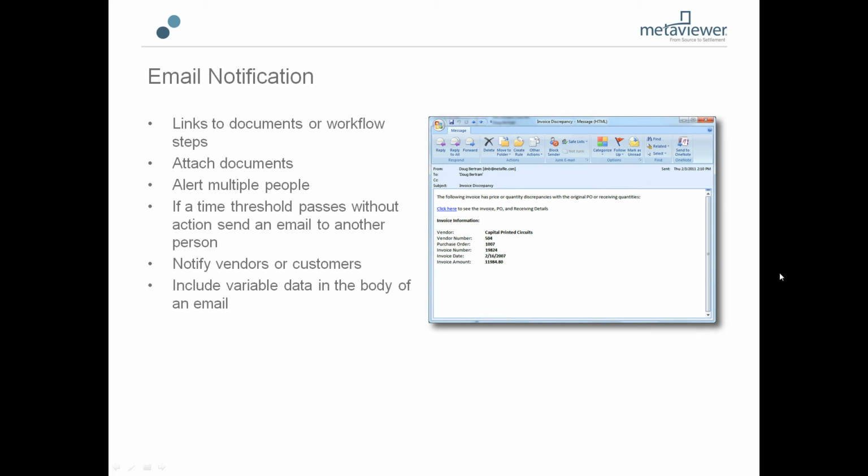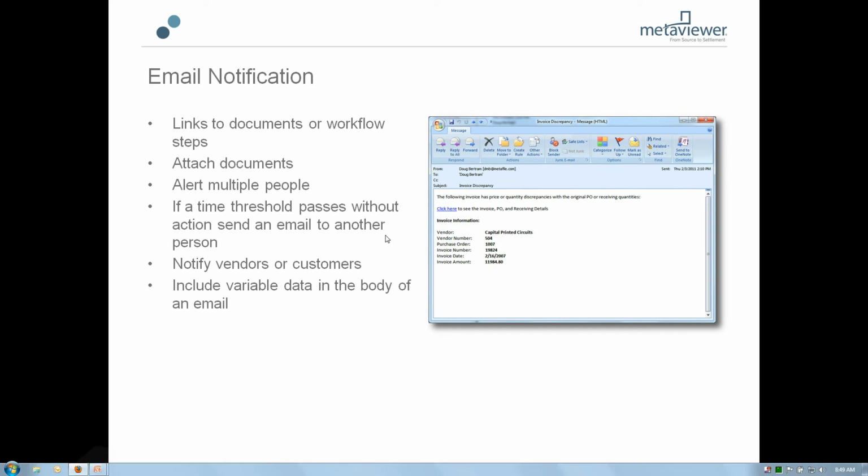Now, as you see here from a purchase order, we'll get into a purchase order workflow. I could get an email that looks like this that says there's a discrepancy with a purchase order invoice. I can see the link where I can click to link to the invoice, and then we can use some of the details of the transaction and populate that in the body of the email as well, so you can kind of know what the invoice is all about. So if I click on this link,